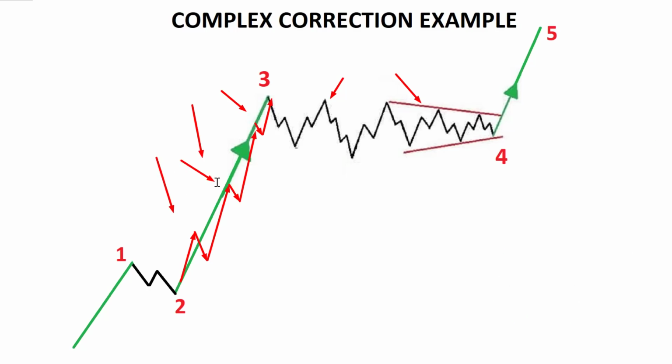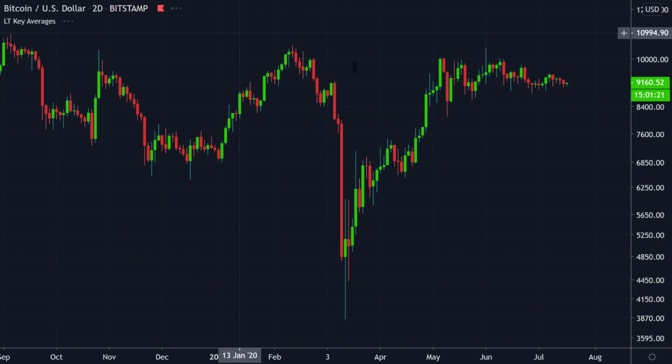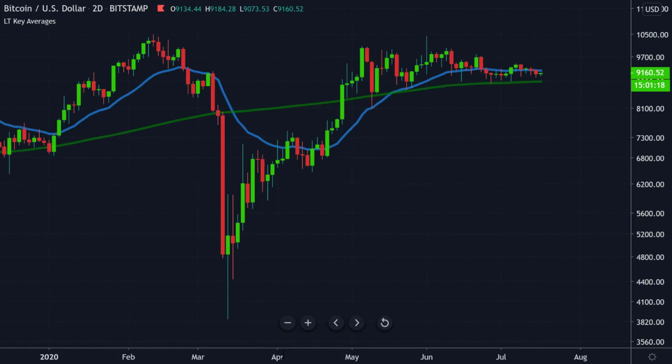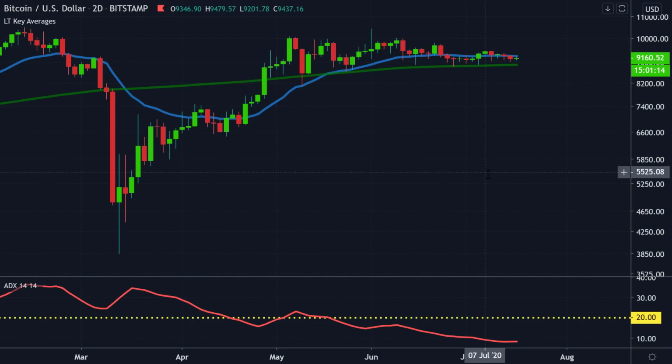All right, guys. So how do you recognize that you're probably in a wave 4 and not in a wave 3? I mentioned this, you may remember, in a previous video. What I like to do is go on a slightly higher time frame chart. This is a 2-day chart of Bitcoin, for example. And I use an ADX, an average directional index, on my chart. Take a look at this. I mentioned this in my previous video, but it's worth taking a look at.